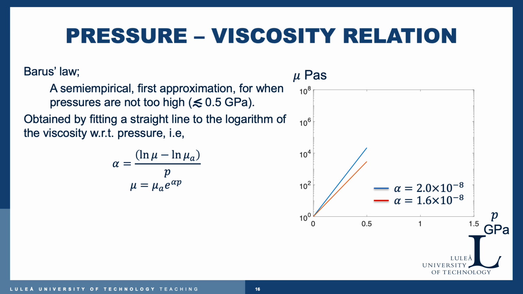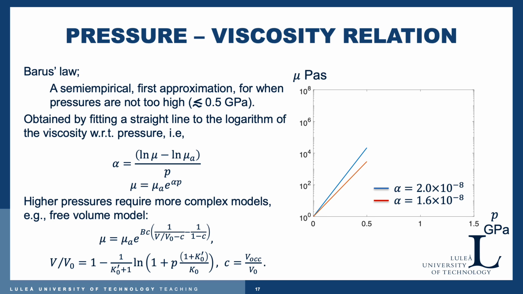As you know by now, the Reynolds equation is a lower dimensional model. Higher pressures will require more complex models, for example, the free volume model. And it's given here, where the ratio between the volume and the V0 volume is given by yet another expression. And here you can see it's no longer a two-parameter expression. There are many more parameters involved to express the viscosity, in this case